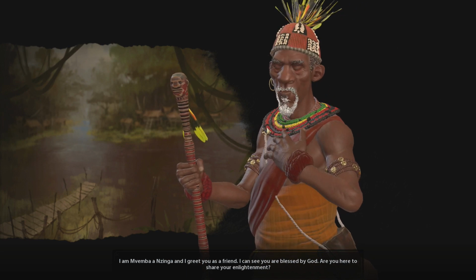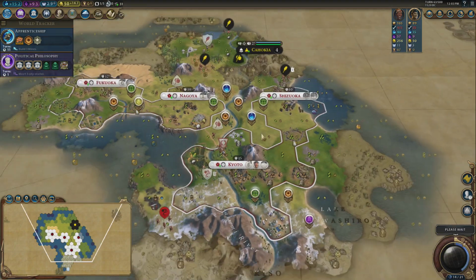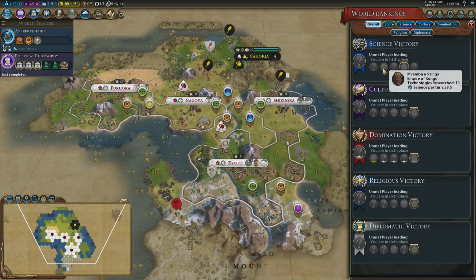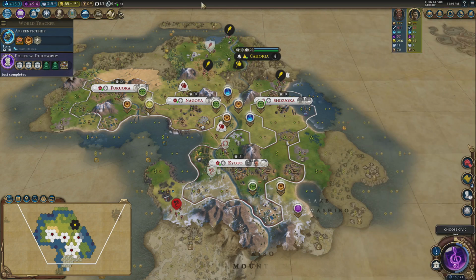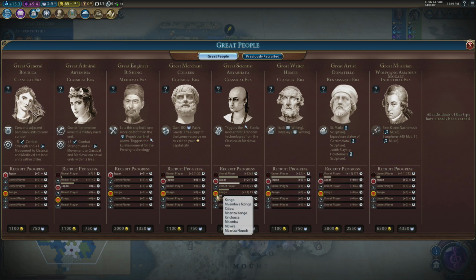Lovely. The Congo. Now, the Congo are really, really good for great works of art. They don't threaten you religiously. Generally, they're pretty peaceful. But you can see just how far ahead the AI is now. They are in 3rd place, and they have 3 more techs than we do, and we've got a heap more science. Oh, wow. Let's have a quick look at this. Unmet player, 22 science points per turn. Congo's only got 1. Okay, so they've only got 1...